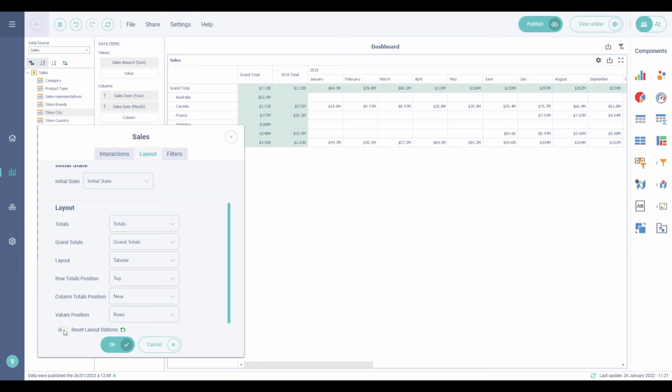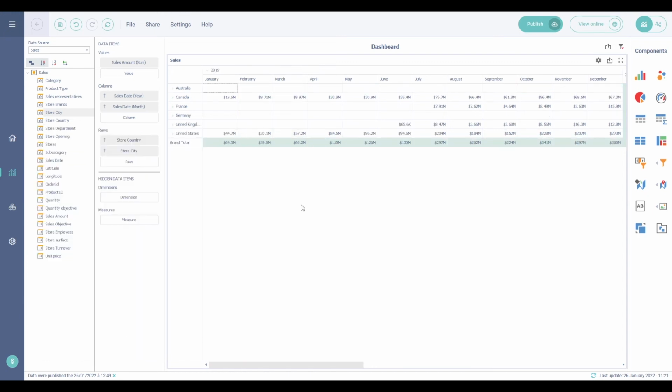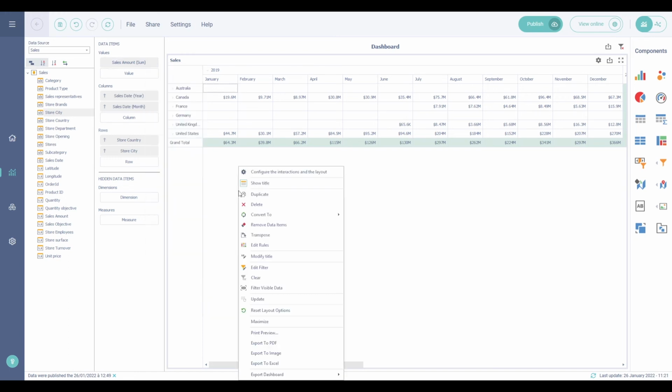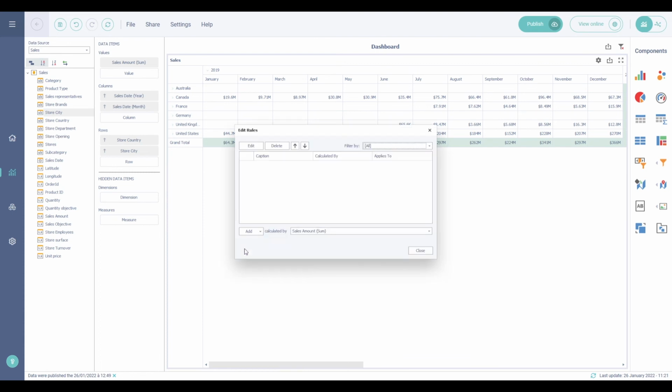On pivot grids, you can add conditional formatting to highlight certain points according to a specific condition, either by right-clicking on the field that will be used to define the conditional format rules, or by right-clicking on the grid component and selecting Edit Rules. In this example, we are going to highlight in green the sales that are above 500